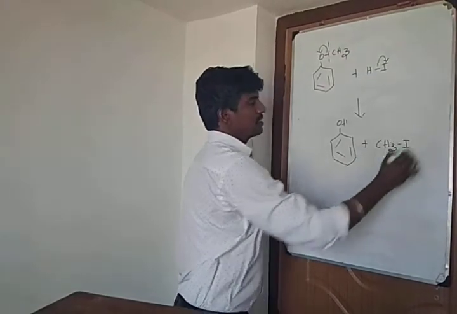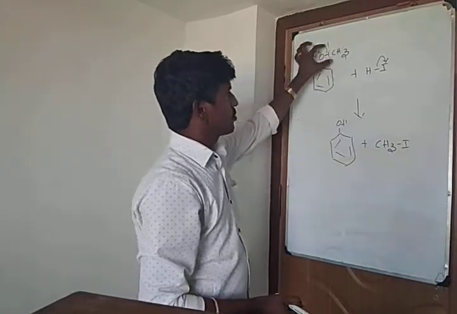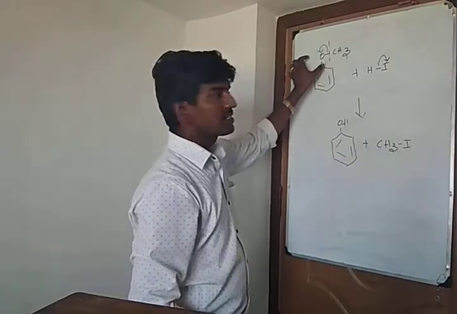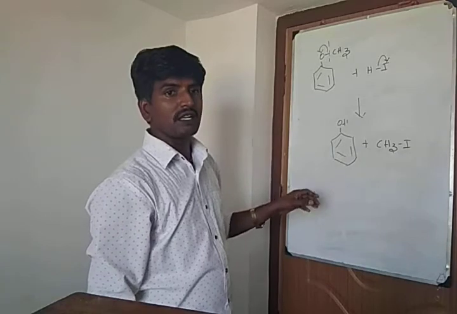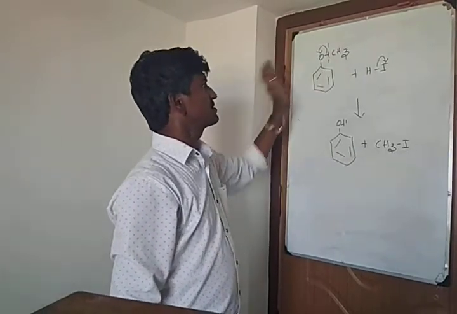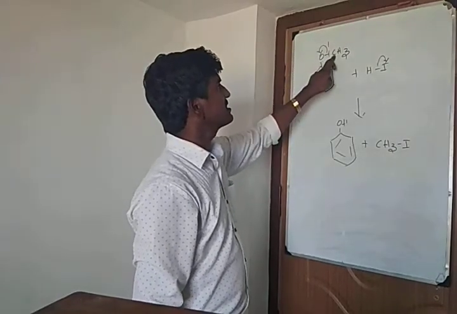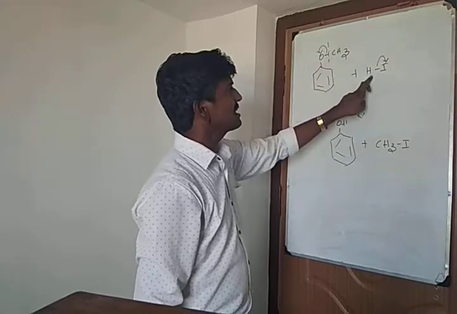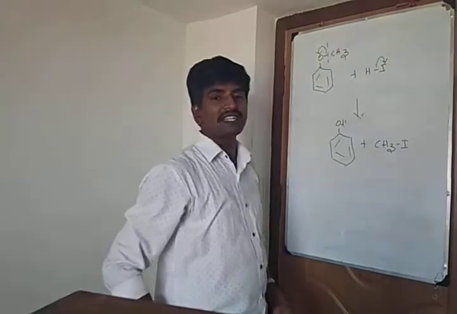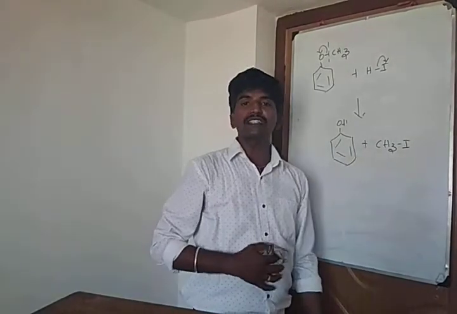Are you clear? This is an aromatic ether. One alkyl group is attached to the functional group oxygen, and an aryl group is also attached to the functional group oxygen. So here the bond cleavage is always between the alkyl group carbon and oxygen. The bond breaks, oxygen takes one pair of electrons, O minus, C plus. So O minus with H plus becomes phenol. The other one is C plus I minus, so CH3I. You can get 2 products. This is a nucleophilic substitution reaction.